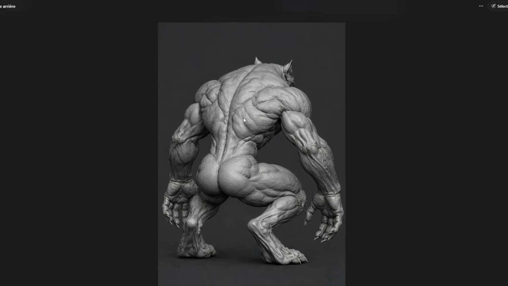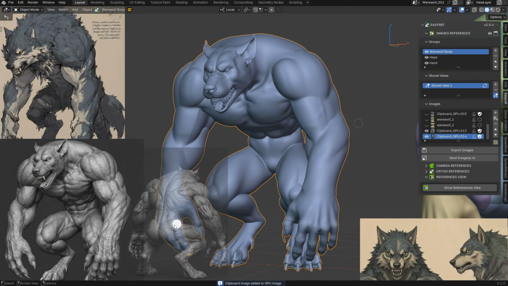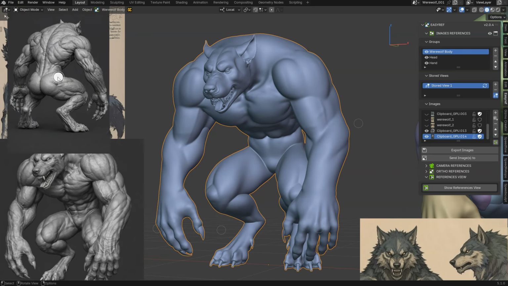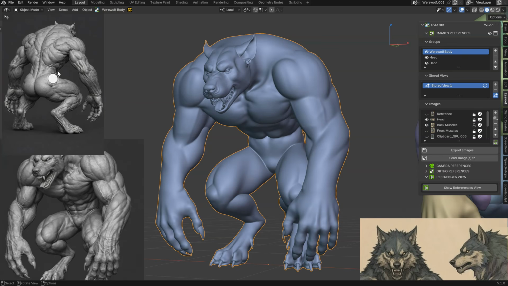But this is interesting. I can copy this, up, and add it here once again, up, and I will have it also as a reference. So I can put it here, like that. And why not hide the part I don't want to use, up, and keep only the ones I want to use.